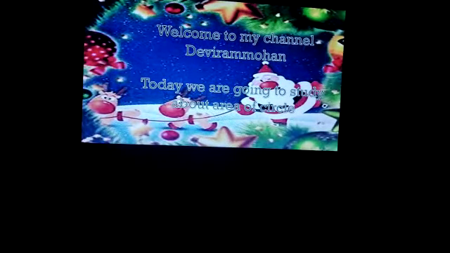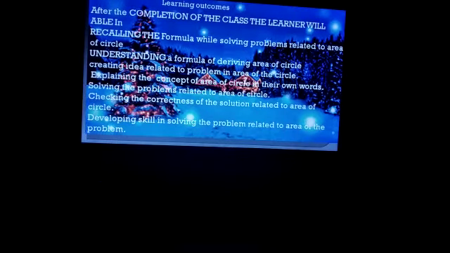Today we are going to study about area of circle. You may want to only study the area of circle formula, but I am also going to tell how the formula is derived. This is from the SCERT syllabus. They have how to derive the formula for the area of the circle. If anyone wants to refer, you have to refer to the SCERT book.